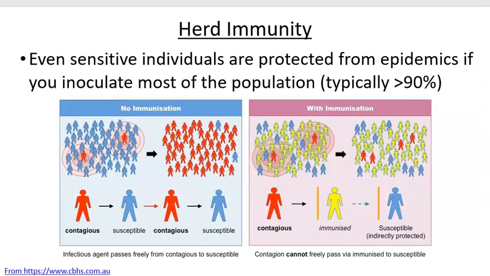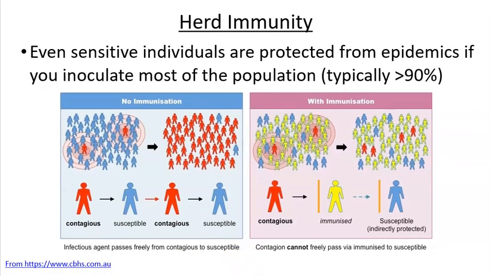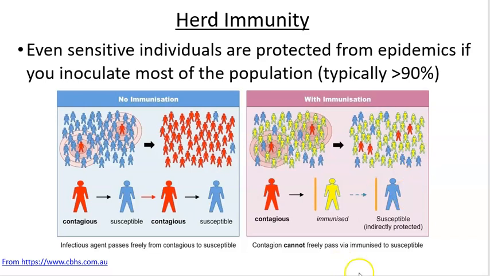And we do this because we want to develop what's known as herd immunity. And if you look at this process over here, you've got a few contagious people and a bunch of susceptible people, and that contagion spreads throughout this population because these people are not resistant. Well, what would happen if you had some way of developing that resistance in your population? And we can see that over here. This herd has immunity because these people have been vaccinated. And typically you want to be above 90% in order to cover a lot of the population so that you don't have an epidemic breaking out, because you've got fewer susceptible people in the population for that disease to spread